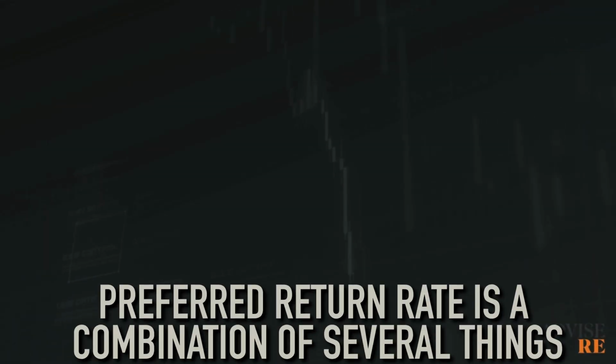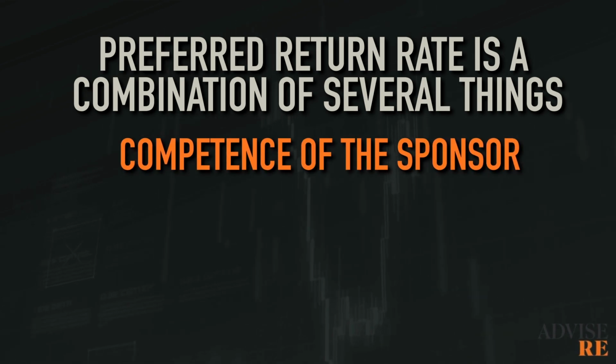What I want to convey to you is that there isn't really a right way to do these type of deals. The function or the amounts that are set for preferred returns, the amount of the split, is going to be a function of several things. Number one is the competence of the sponsor. If it's a brand new person who just got into real estate and hasn't really proven themselves, guess what? They probably can't command much of a premium. Maybe their splits are going to be lower. They're going to have to give more to the investor to make the investors feel confident that they're really taking on this risk.